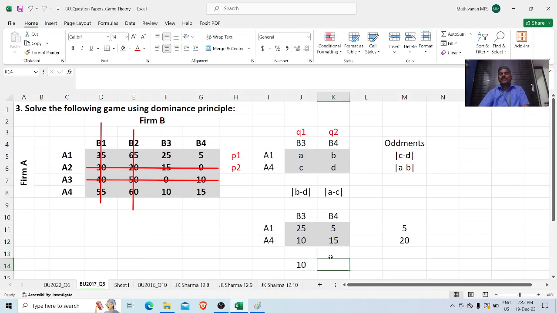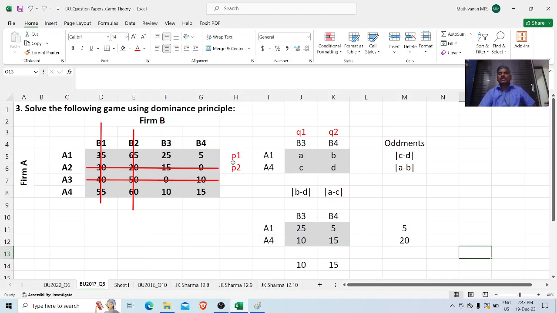Then we'll take the modulus of A minus C. A is 25, C is 10. 25 minus 10 is 15, and we'll write here. Now these are the values for the oddments. C minus D is 5, modulus of A minus B is 20, modulus of B minus D is 10, modulus of A minus C is 15. Next step, we will find the probabilities